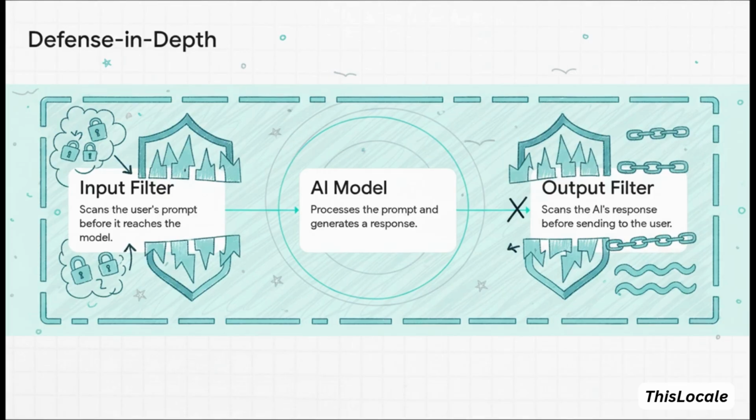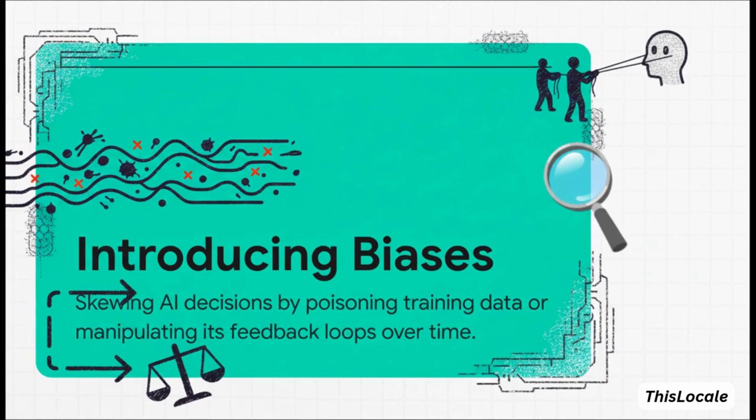Any single layer can probably be bypassed. Multiple layers are much harder to beat. Now, let's talk about a much stealthier, long-term kind of attack. Introducing bias. With this one, the goal isn't a single bad output, but to slowly, quietly corrupt the AI's entire worldview. And this is usually done by poisoning its training data or manipulating its feedback, essentially teaching it to favor